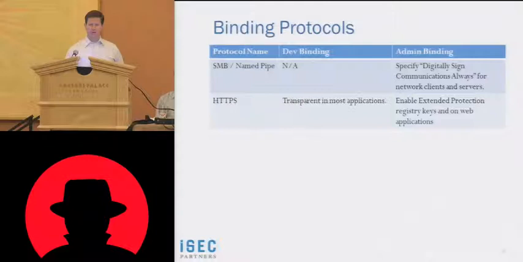So then, SMB and named pipes, which are just built on top of the SMB protocol. I'm sorry, developers, you have no control over the SSP or the integrity level provided on the content that goes over there. Your file shares, your named pipe-based IPC, you can't specify anything from the developer's perspective to make sure that you're getting what you need. However, the administrator can. There is a security policy, it's a local policy, it's a group policy that allows you to require sign